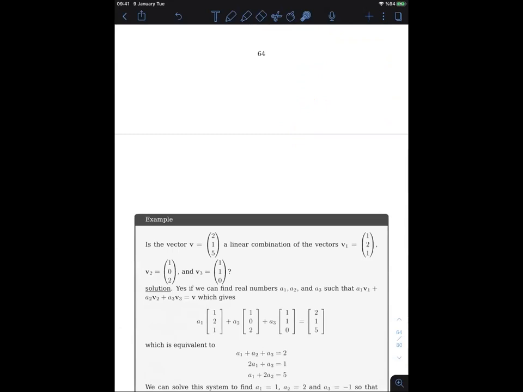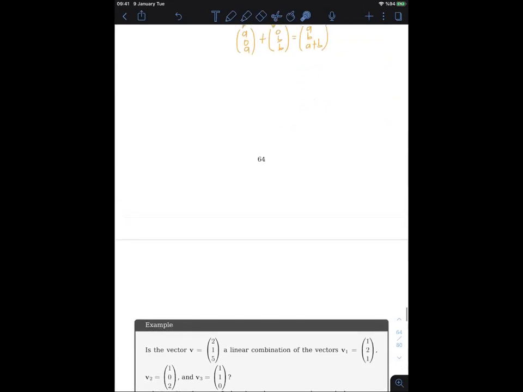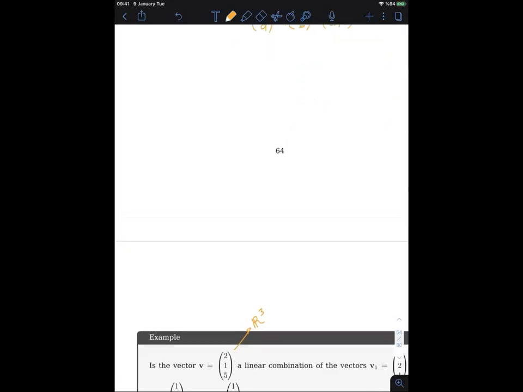Okay, let's look at one last example. So let me close this remark. We are again given a vector, in this case in 3 space, okay? So a 3-dimensional vector. The question asks whether it's a linear combination of these 3 vectors, V1, V2, and V3. Okay, we have 5 minutes. I think we can finish it. So let's try,